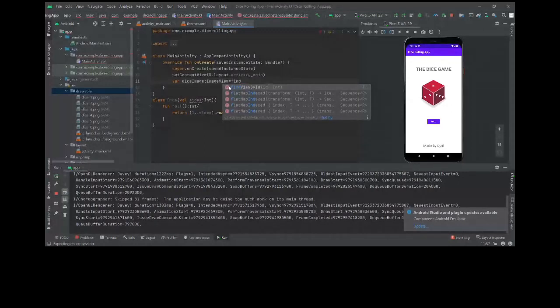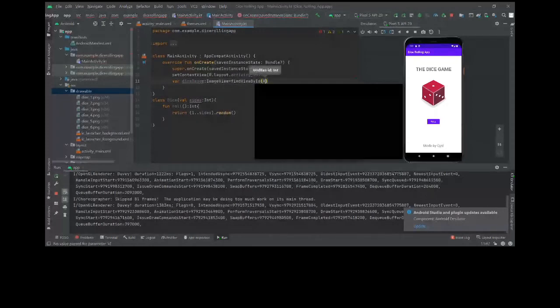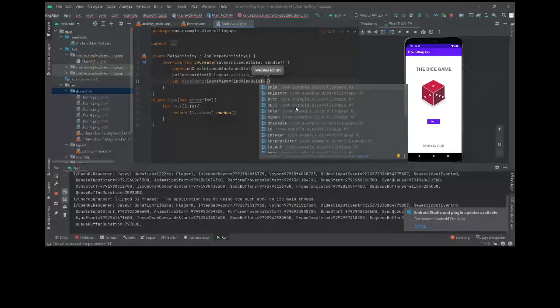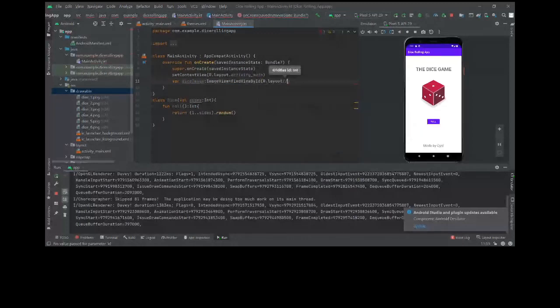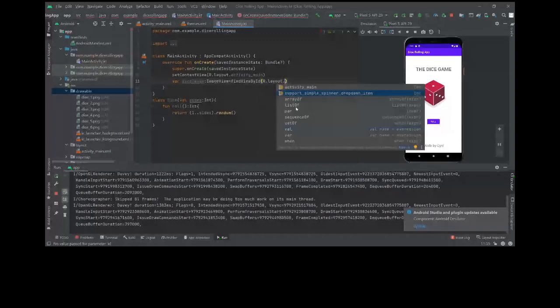Because we are finding this view with its ID, we have to do findViewById. Inside that, you have to go to the R folder, go to layout, and then the activity name.